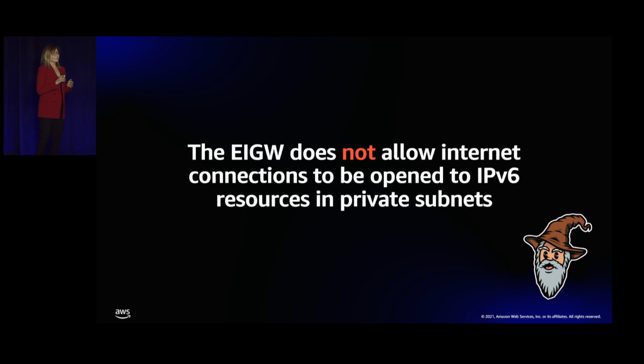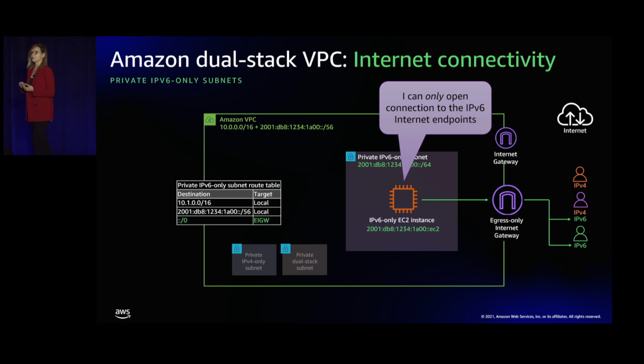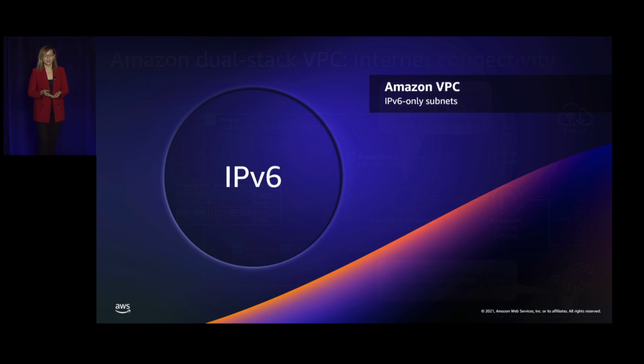Just a quick call out here for us to remember that the EIGW has this capability to maintain the same security posture. Now, for IPv6-only instances in private subnets, we keep using the same egress-only internet gateway. No NAT is needed, and the IPv6-only instance is able to open those connections to the IPv6-enabled endpoints in the internet. And yes, time has come to talk about that IPv6 to IPv4 backwards compatibility with the help of NAT64 and DNS64.